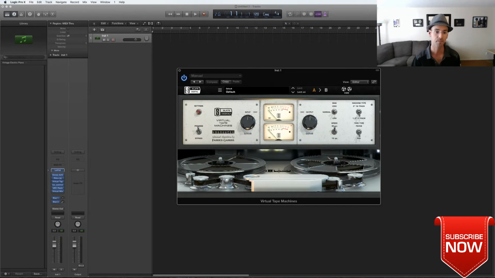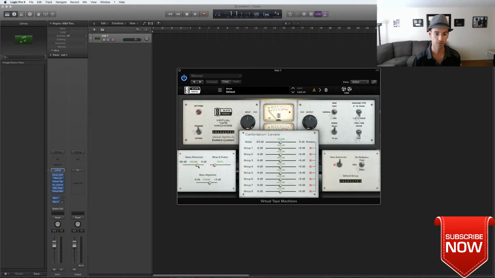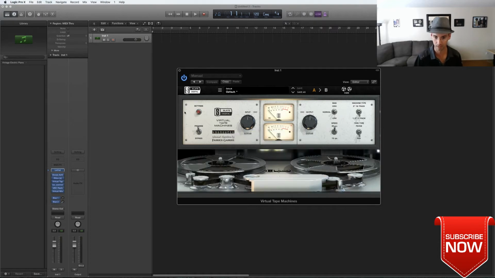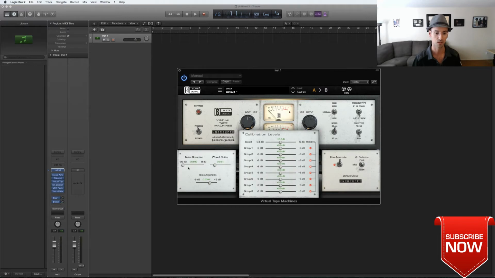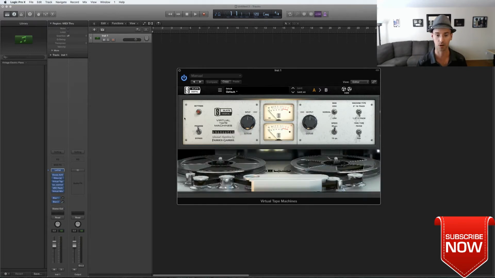A little trick, if you go in settings, you're going to get rid of the noise it's making. Because yes, it's an emulation of analog stuff. Analog stuff was not perfect and it was bringing some noise. So by doing that, you can get rid of it. I usually like to bring that back so I have no noise at all going on. It's super clean. And I like to play with the different speeds. I usually like to do a slower speed on basses, on strings.